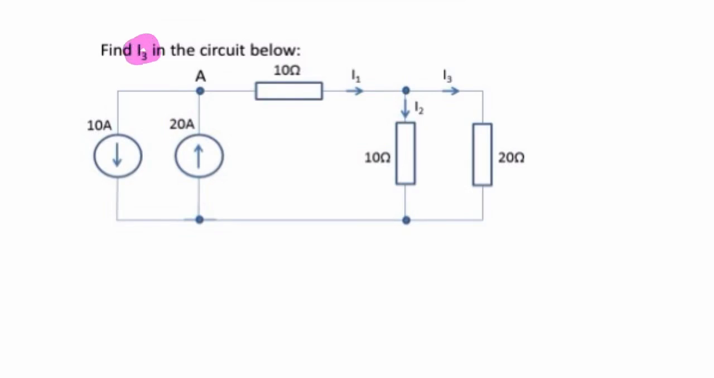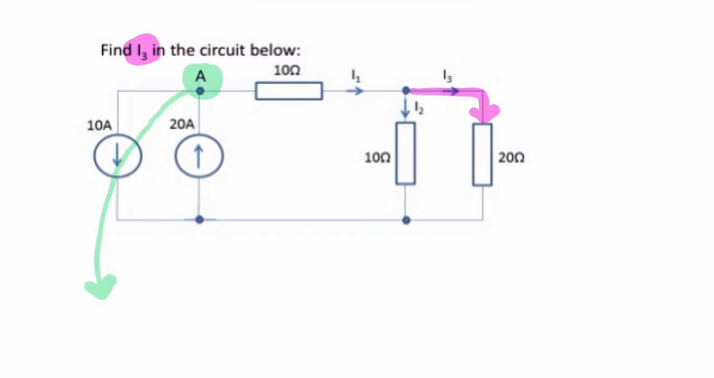This question is asking for I3, so we're looking for the current in this branch here. So it looks like a Kirchhoff's current law question. So you have 20 amperes going in this direction, well, at least in this direction, and 10 amperes going in this direction. So if you apply Kirchhoff's current law to this node here,